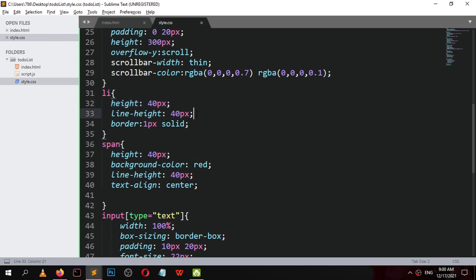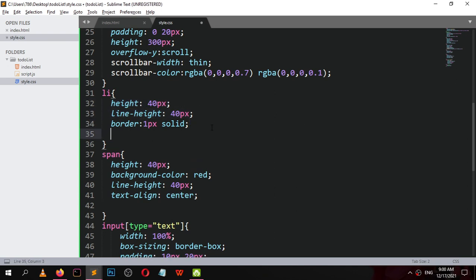Height is 40 px, line height is 40 px, vertical align middle.